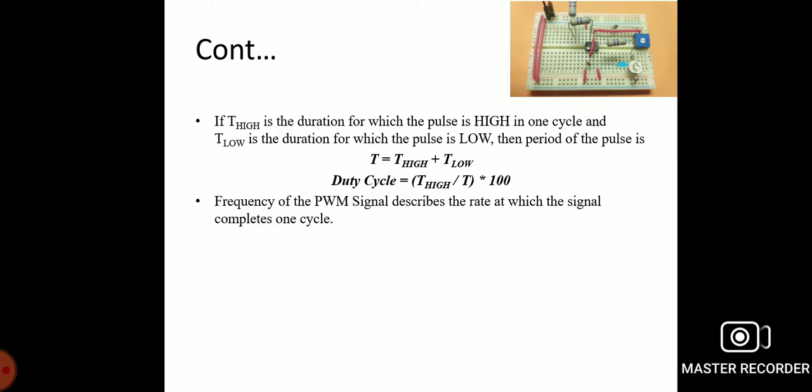Now generally in the IC 555, there is the discharge terminal. At the discharge terminal, there is a transistor, and mostly a capacitor is connected between the terminal and the ground. It is called the discharge terminal because when the transistor is saturated, the capacitor discharges through the transistor. When the transistor is cut off, the capacitor charges at a rate determined by the external resistor and capacitor.